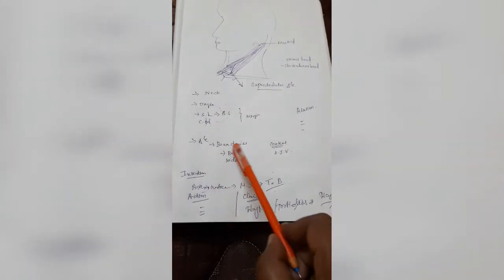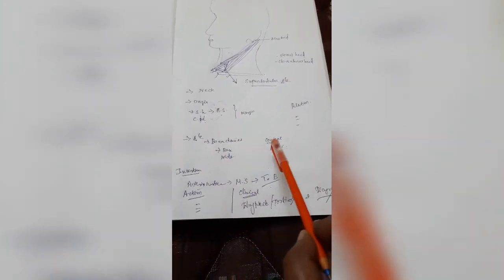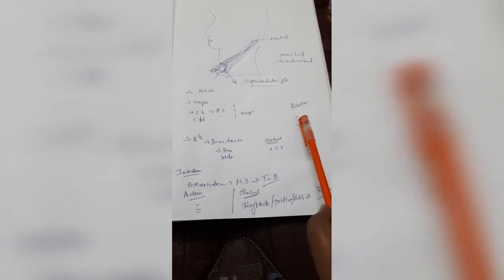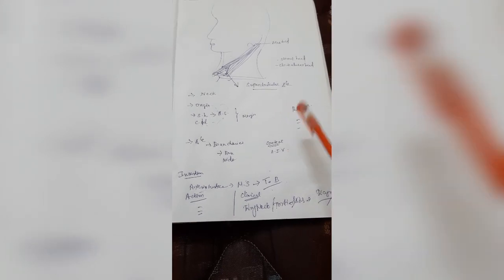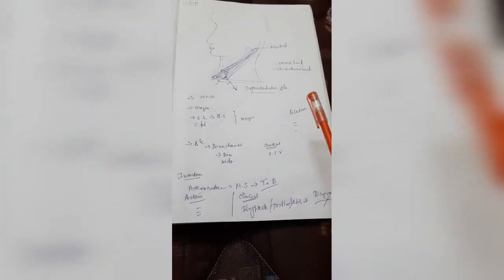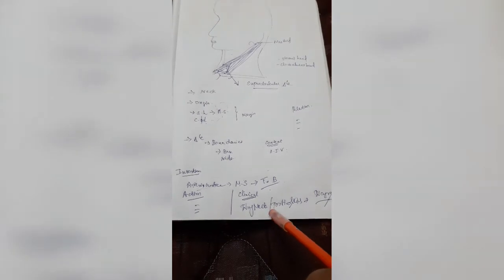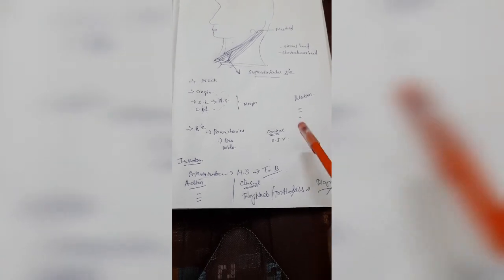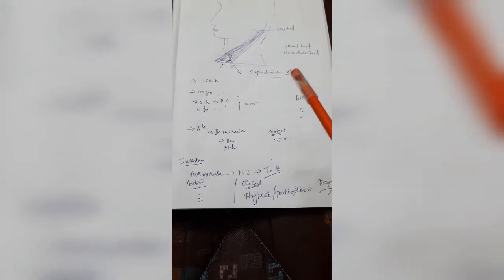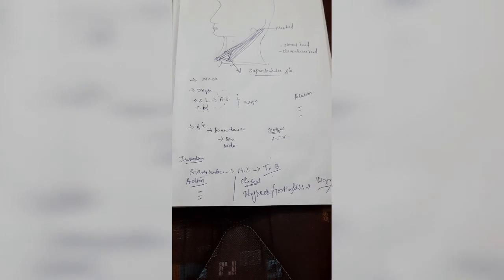Here you can see the supraclavicular triangle, its contents, then the relations, then the clinical features. Everyone should know the relations, that is very important. At least the basic, very important relations you have to know. Then the clinical features, and for the clinical features you also have to draw the diagram. This is how to write a muscle and present it from your examination point of view.